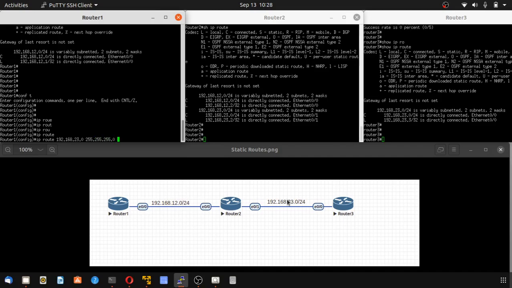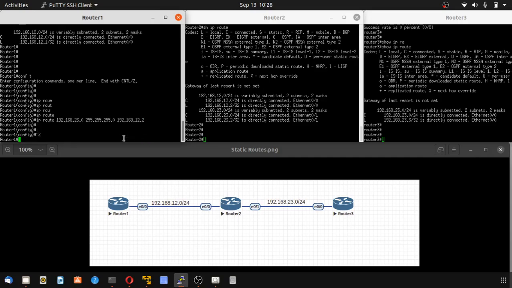Now you are telling this router, if you have any traffic for this subnet, then forward it to the next hop, and the next hop I have here is 192.168.12.2, right? You have configured this,